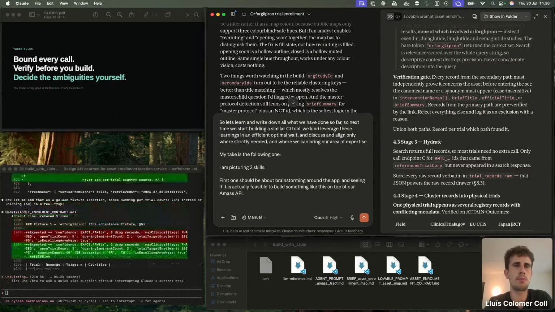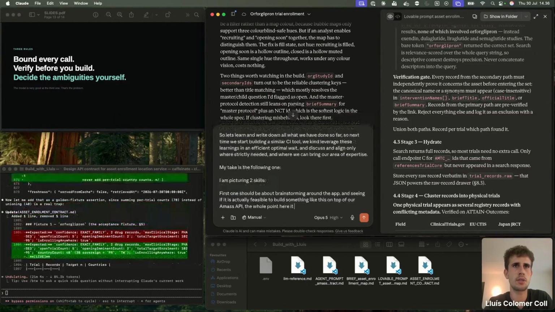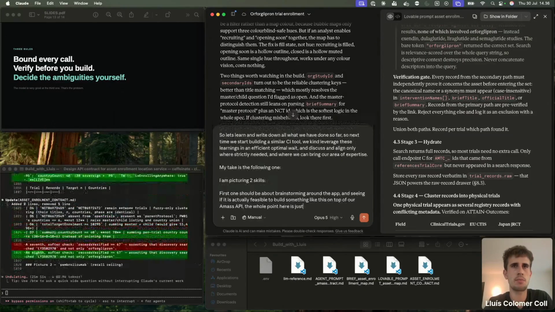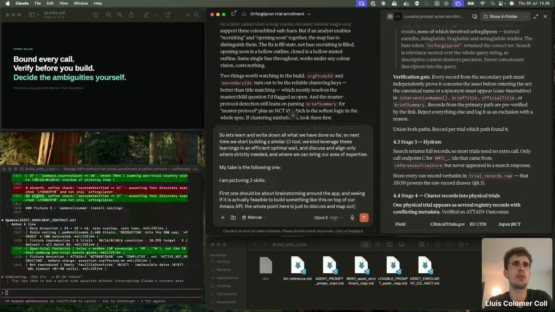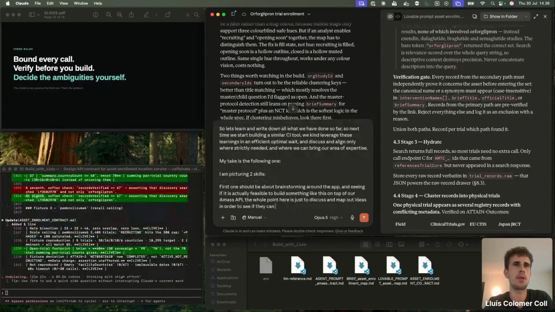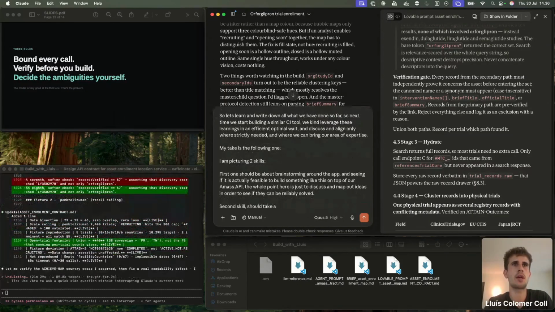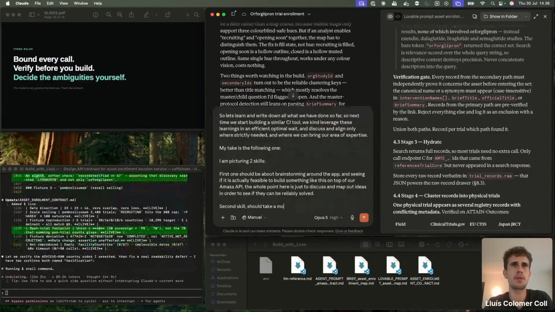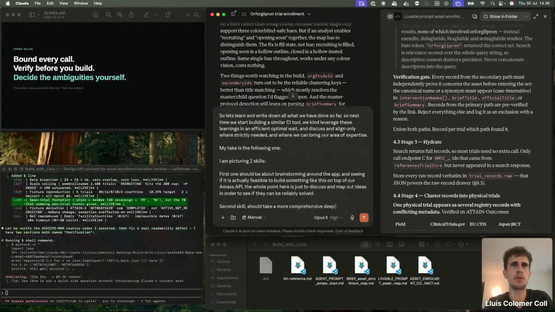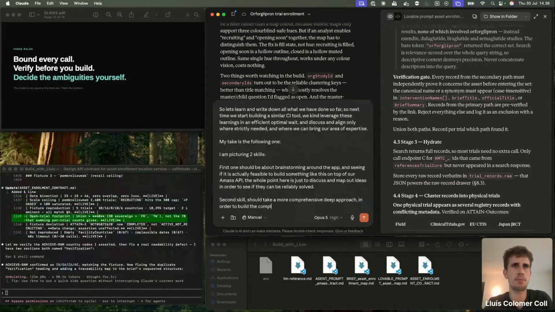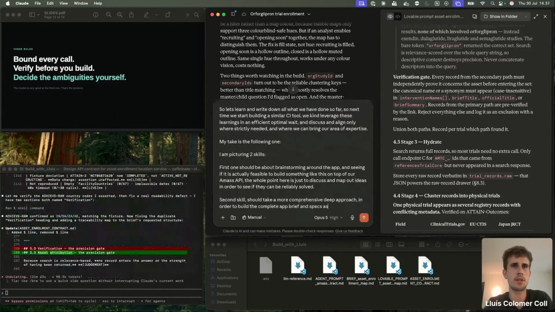The whole point here is just to discuss and map out ideas in order to see if they can be reliably solved. And then the second skill should take a more comprehensive, deep approach in order to build the complete app brief and specs as required.